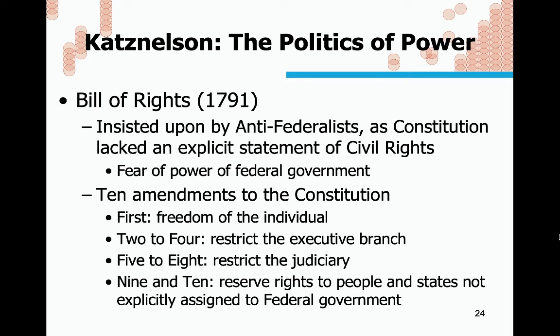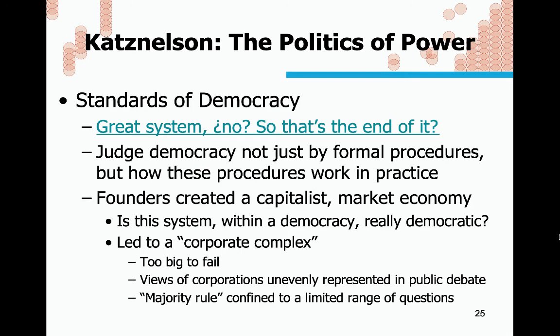The 2nd to 4th restrict what the government can do, such as the government can't restrict the right to bear arms. The 5th to 8th deal with the judiciary. The Fifth Amendment, as you know, means a court can't make you testify against yourself. You've heard this in TV and movies. The 9th and 10th deal with the rights of the people and states over the federal government. The 10th Amendment makes my out-of-state driver's license valid in California, right? It leaves to the states decisions that aren't described in the Constitution, which are reserved for the federal government. So anyway, the Bill of Rights is meant to limit the reach of the government and to protect the